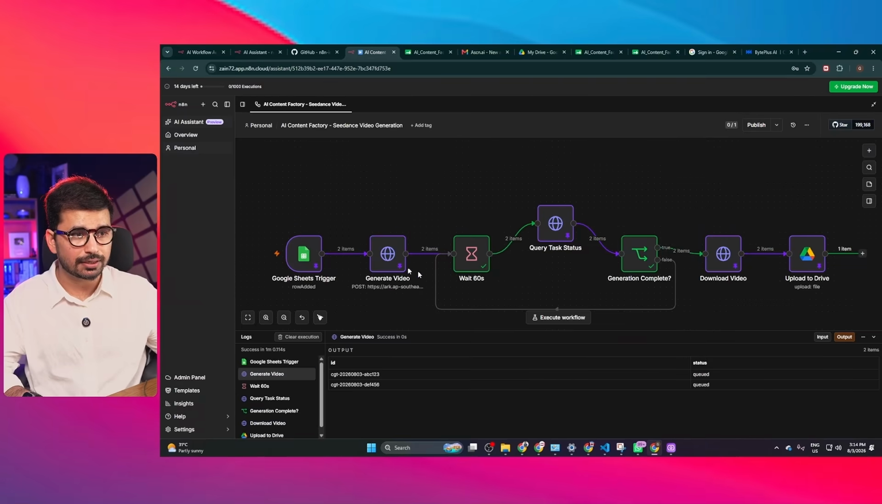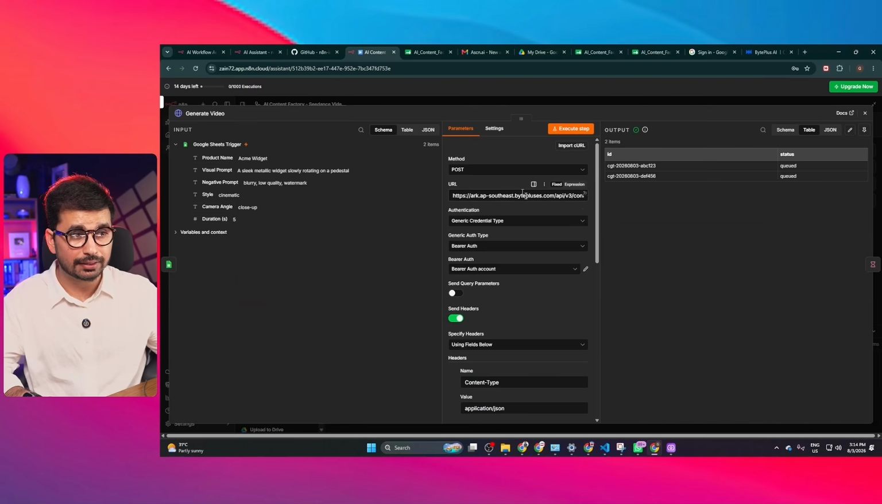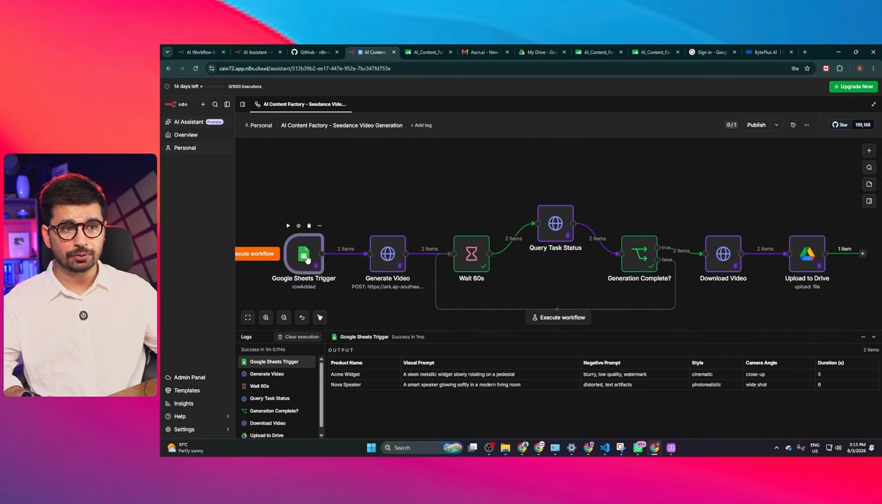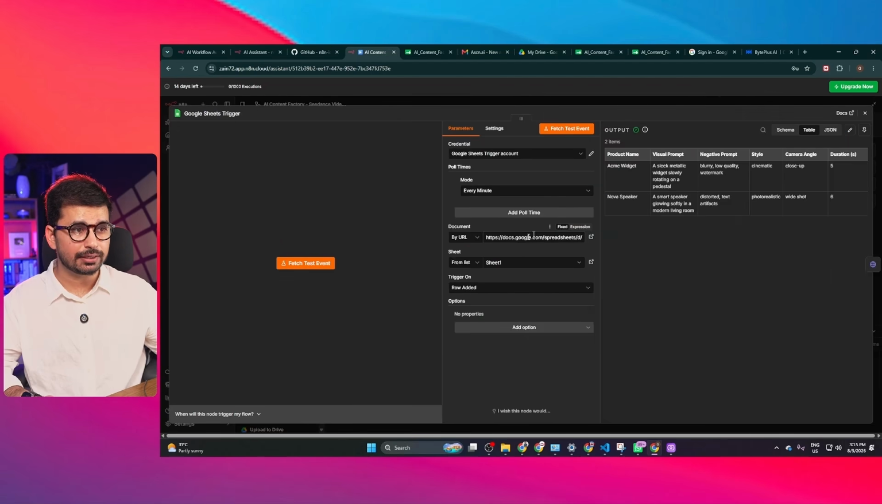You can simply click on this generate video node, double click on that, and then you can provide these details in here. So this is the URL for your API key. Then you can provide your API keys and that's it. On this first trigger, you need to provide the link to your Google Drive. All you have to do is simply sign up using your Google Drive account. And after that, you can maybe choose that document from the list or simply provide it by